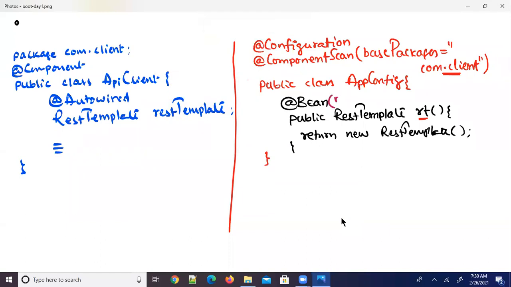I'm writing name, say name equals, for example, rTemplate. I hope you are getting it easily. Right now this REST template object is registered in the container with ID rTemplate.